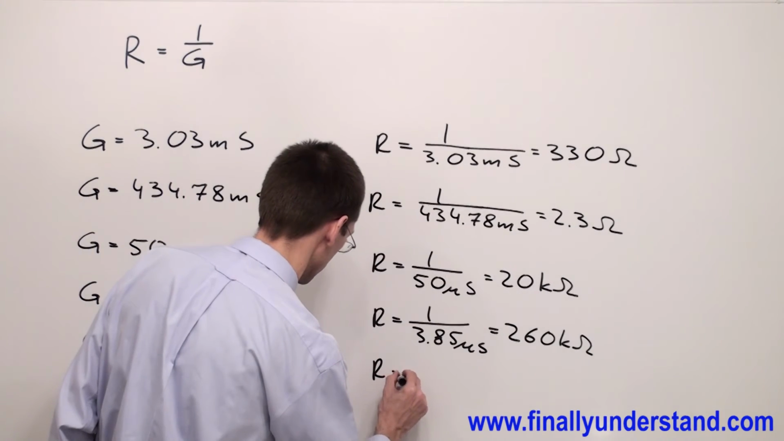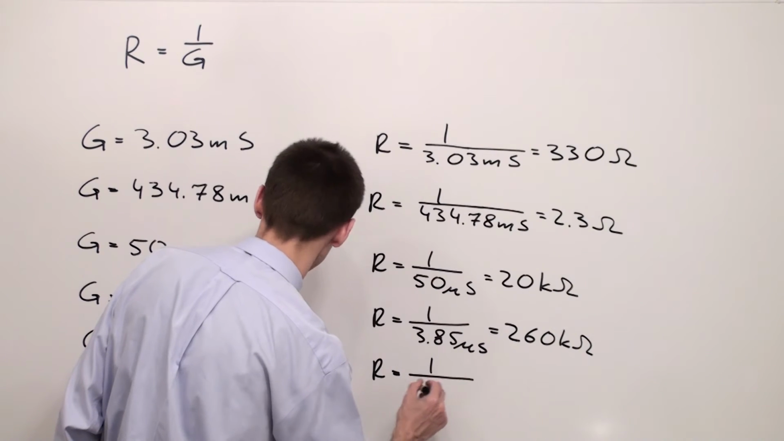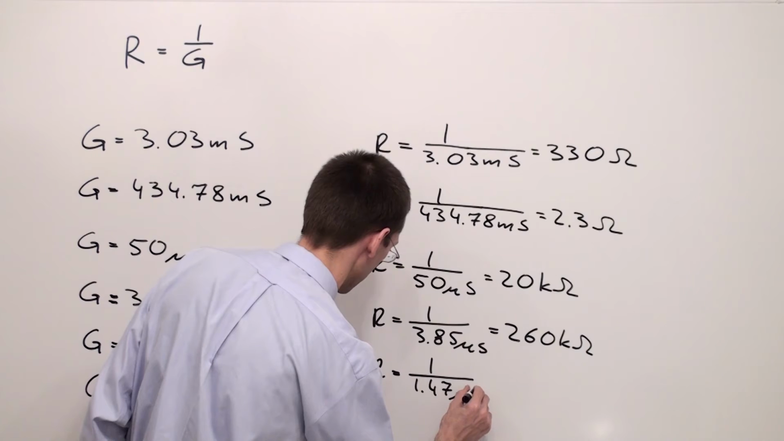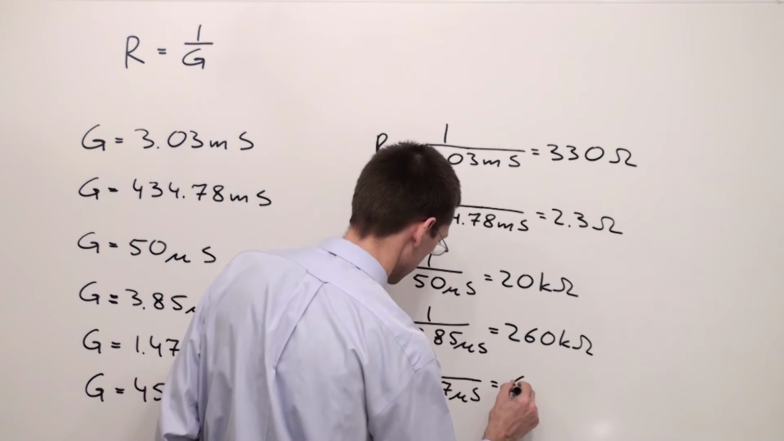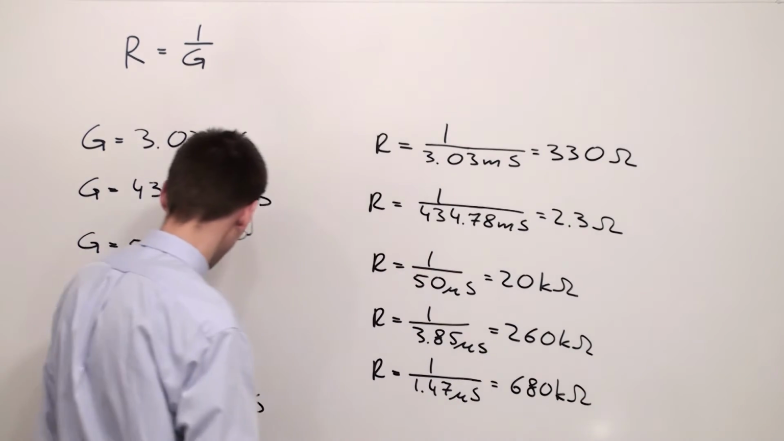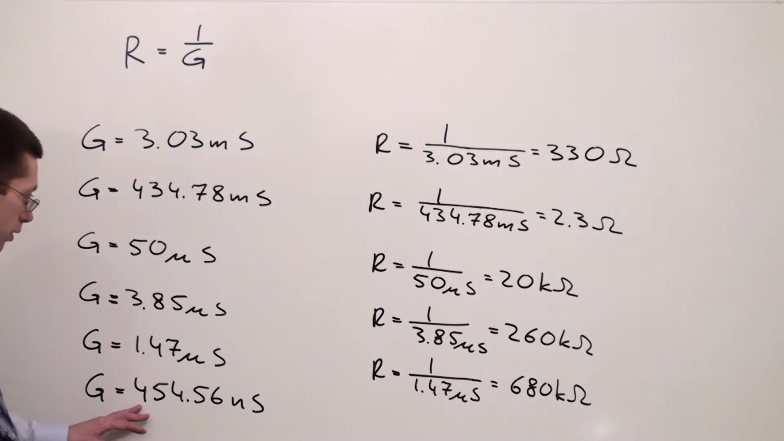R is equal to 1 divided by 1.47 microsiemens, which is equal to 680 kiloohms. And I have